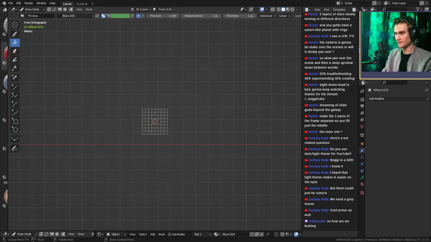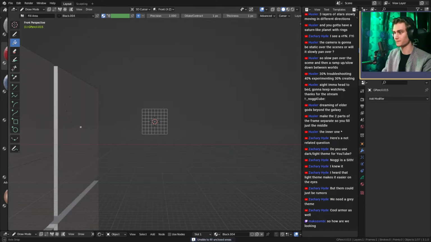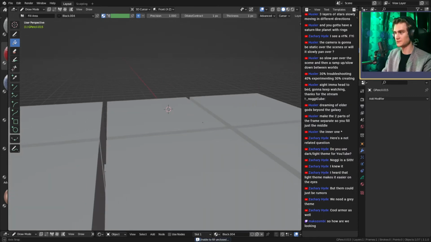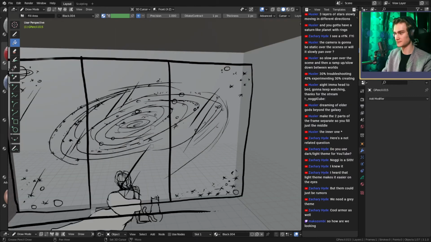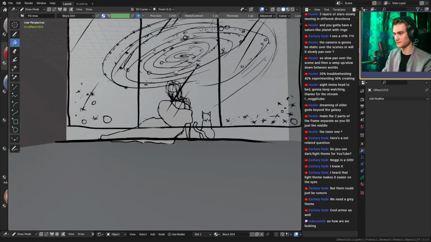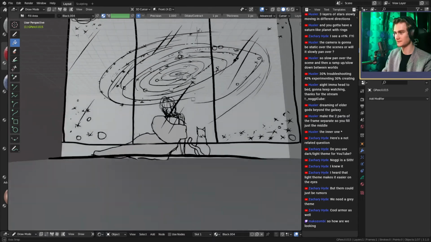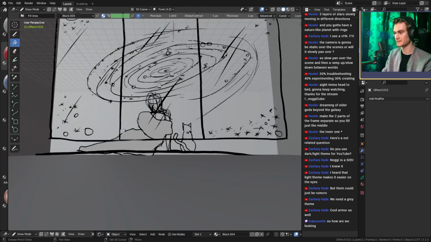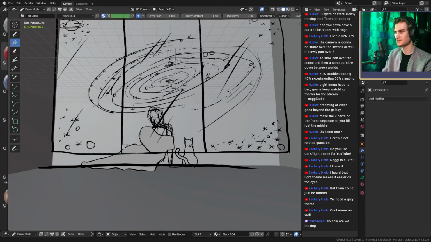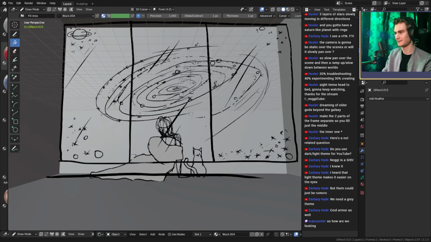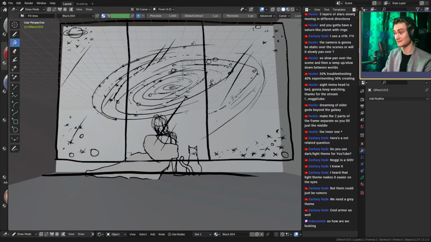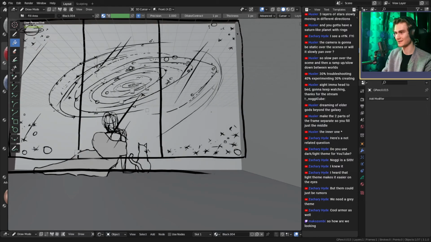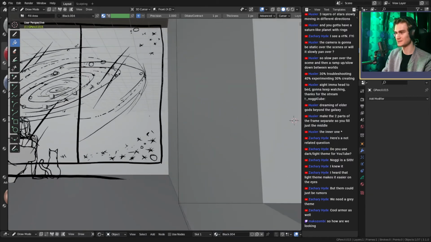How are we looking? So the first two worlds are almost done. So we have the first one here. Basically, camera comes in, looks up maybe. You can see maybe like a nice shadow coming from the galaxy. She's looking with her cat into the vast galaxy in the background. And then the camera moves to the side here, goes through this,